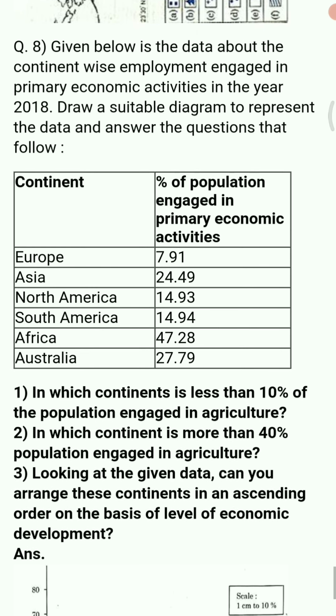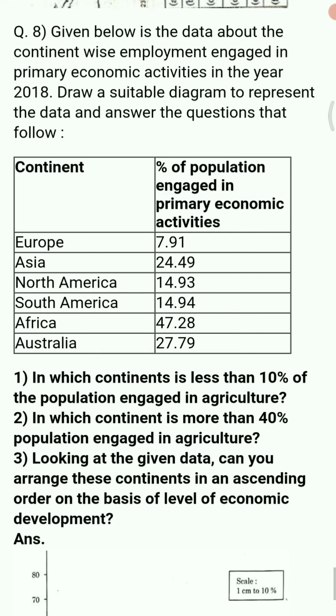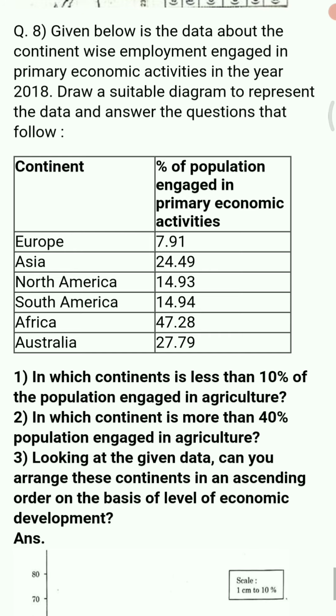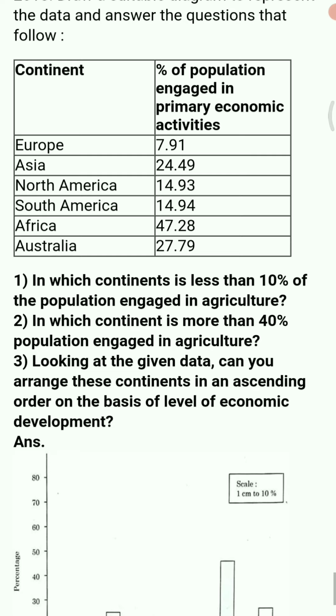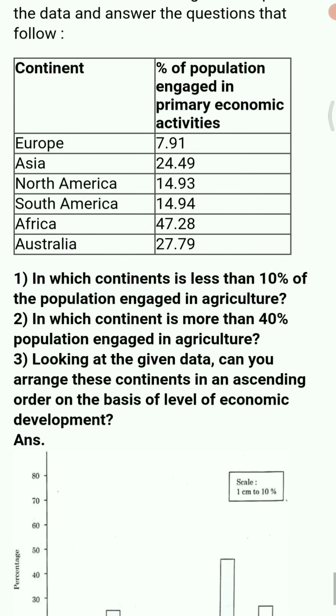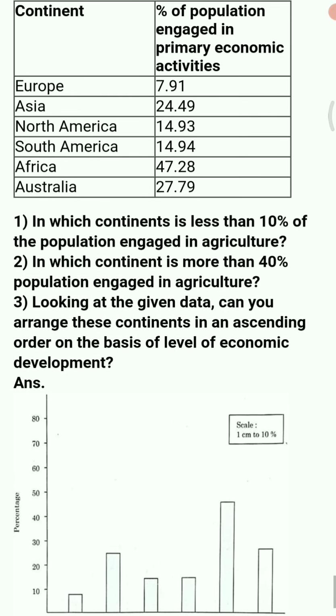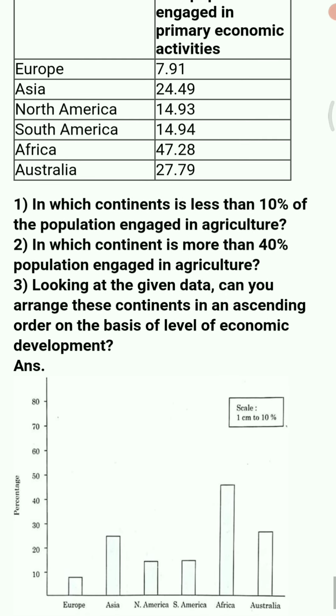Given below is the data about the continent wise employment engaged in primary economic activity in the year 2018. Draw a suitable diagram to represent this data and answer the following questions. तो आपको यहाँ पे देखो कॉन्टिनेंट्स दिए हैं, यूरोप, एशिया, नॉर्थ अमेरिका, साउथ अमेरिका, अफ्रीका और ऑस्ट्रेलिया, और उनके जो परसेंटेज है पॉपुलेशन जो प्राइमरी एक्टिविटीज़ में एंगेज है वो भी दिए गए हैं, और कुछ क्वेश्चंस दिए हैं. सबसे पहले वो जो डेटा है वो हमने बार ग्राफ के मेथड से रिप्रेजेंट किया